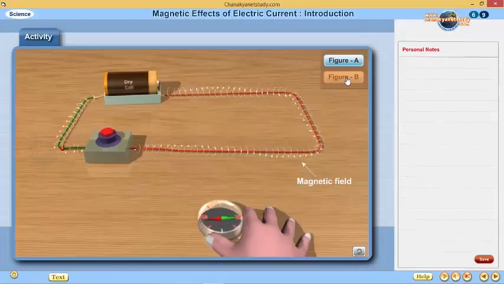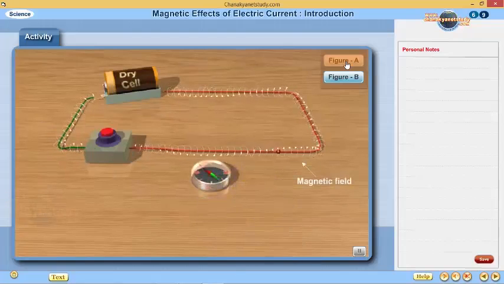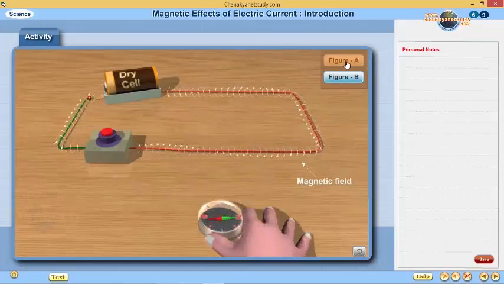Repeat the steps again by changing its polarity. In the above activity, it is observed that the needle gets deflected when we press the key. If the polarity is reversed, the needle gets deflected in the opposite direction. Thus, if current is passed through a wire, a magnetic field is produced near it. This was discovered by the scientist Oersted.